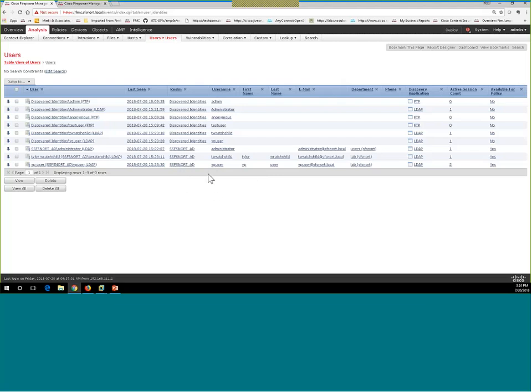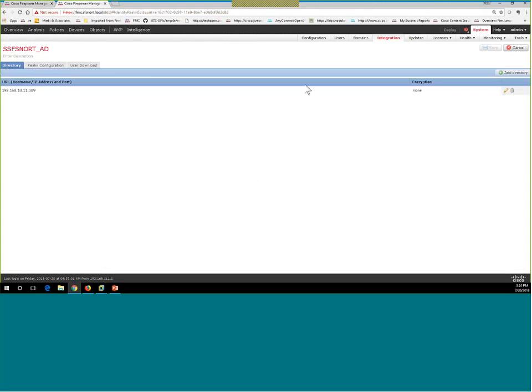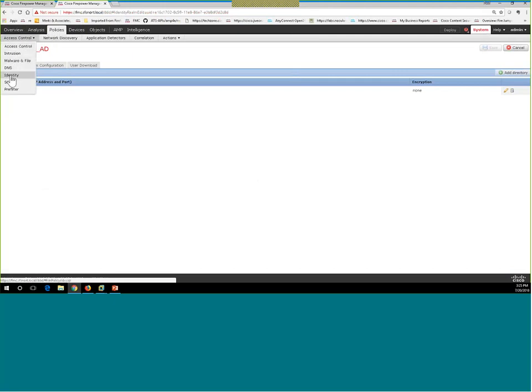Now, the configurations are still not done because we still need to configure an identity policy. Now, the fact that the realm is done, that's part of the equation. The other part of the equation is to go in, configure the identity policy, add that to my access control, and then deploy that. So let's go to my policies, identity,